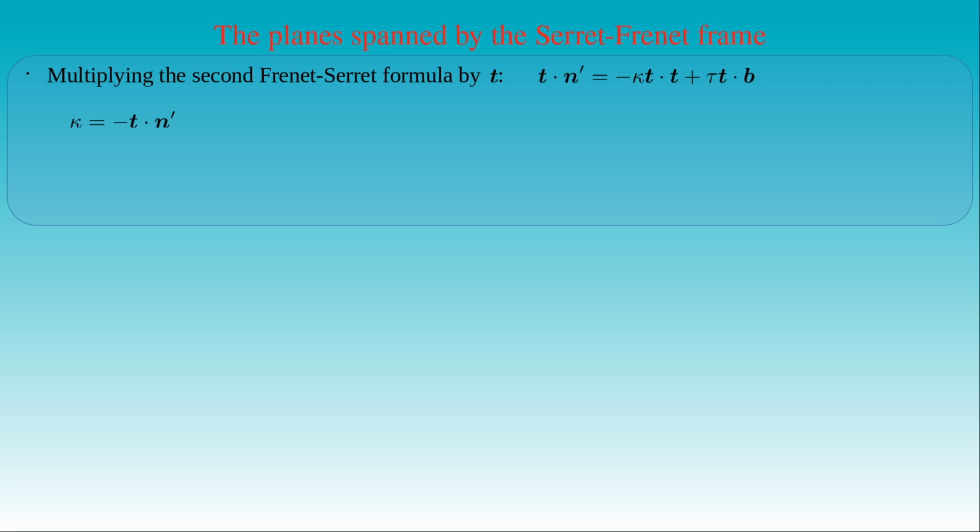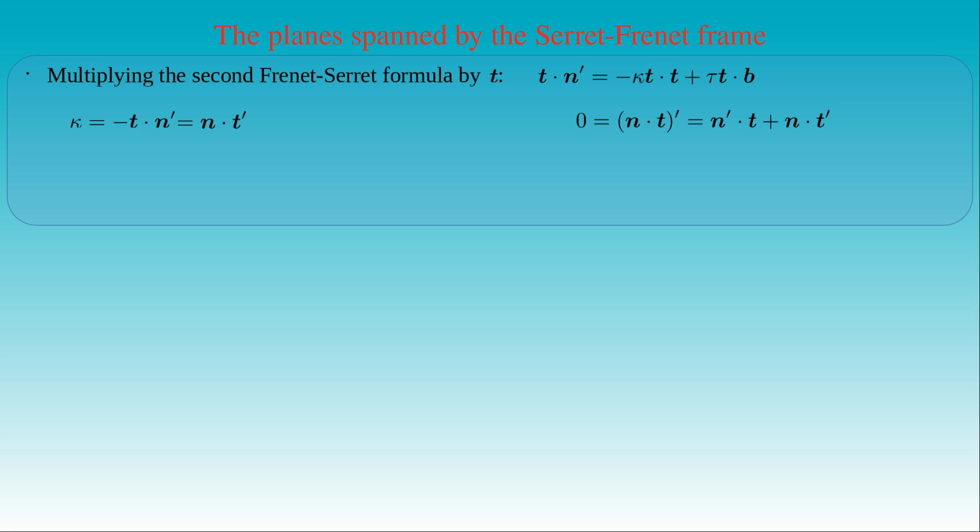The normal vector n is perpendicular to the tangent t, therefore their scalar product vanishes. As a result, the derivative of their scalar product is also 0, for which we can apply the Leibniz rule. If we substitute this expression into the original equation, then we obtain the dot product of n and the derivative of t. Of course, we can remember that the tangent t is the first basis vector and the normal n is the second one in the Frenet-Serret frame, which means the first equality is minus e1 times the derivative of e2, that is, the element a12, and the second equality follows from the anti-symmetry of the matrix Aij.